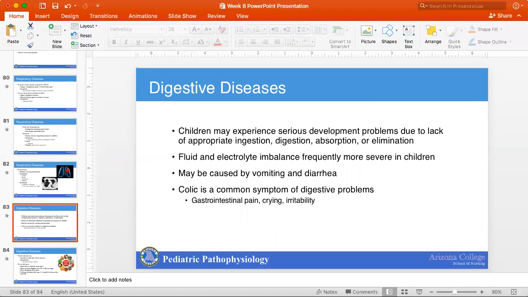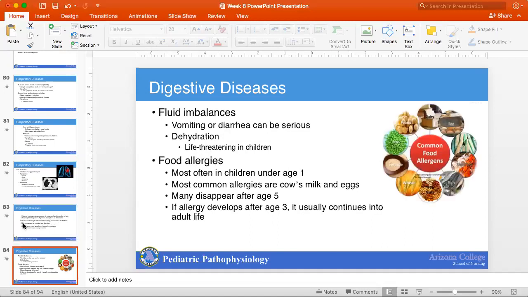Children may experience serious developmental problems due to lack of appropriate ingestion, digestion, absorption, or elimination. With digestive diseases, fluid and electrolyte imbalance is frequently more severe in children and may be caused by vomiting and diarrhea. Colic is a common symptom of digestive problems: GI pain, crying, and irritability. Fluid imbalances from vomiting or diarrhea can be serious, and if the dehydration progresses far enough,